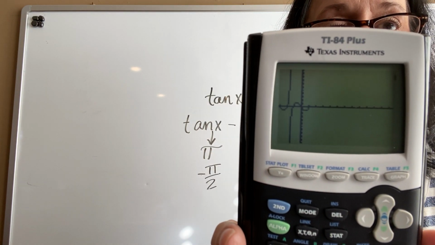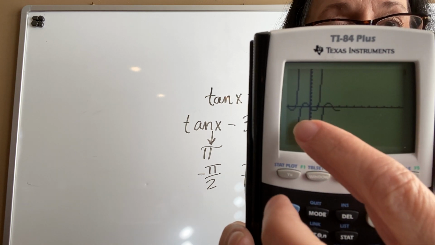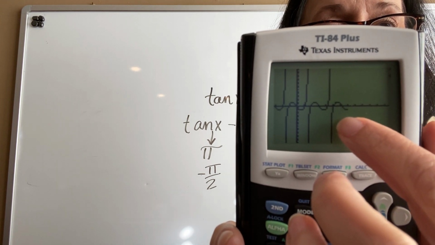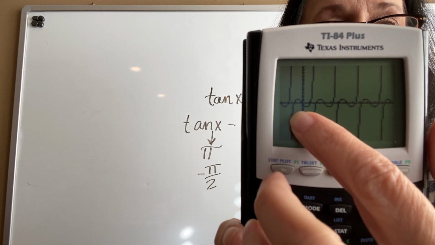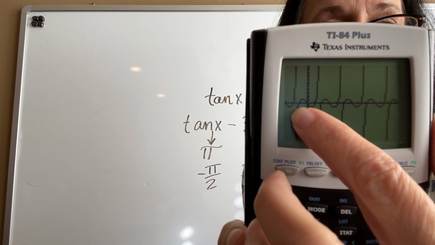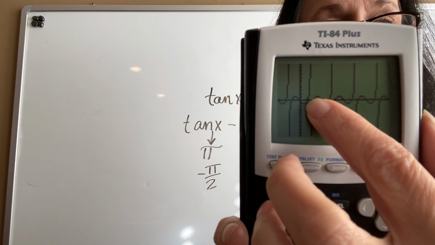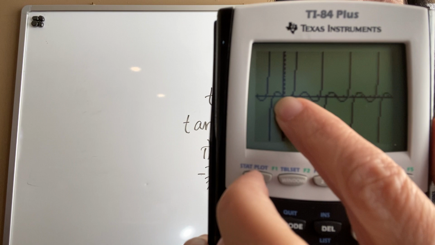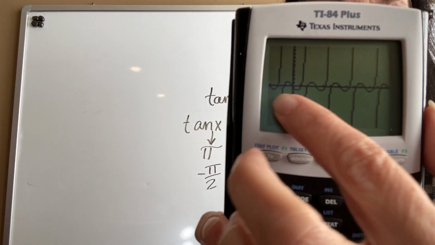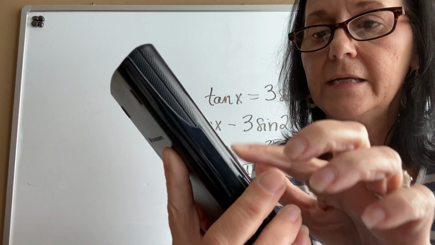All right, so I'm thinking this is one cycle, and it repeats, repeats, repeats. So this is one cycle, from negative pi over 2 to positive pi over 2. I just need these solutions, 1, 2, 3. So left to right, we'll do second trace,